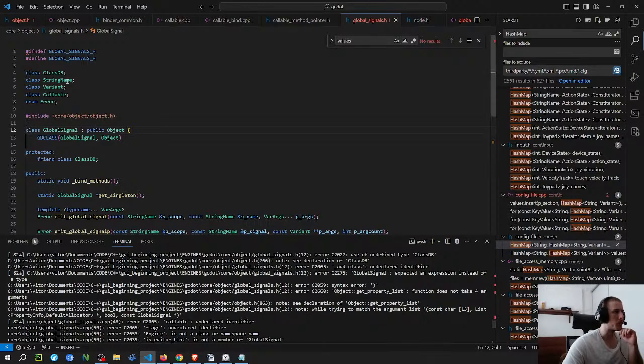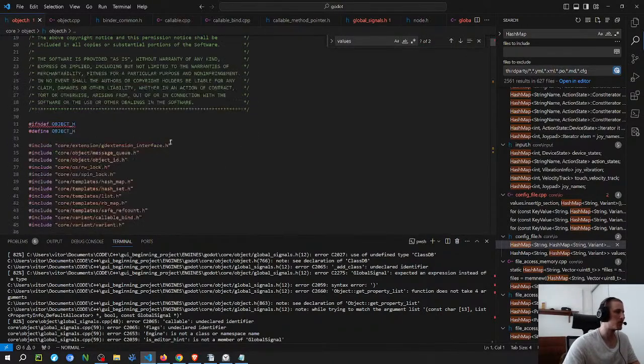And maybe I have to include the file, but it's kind of weird because on the object they should have it. So maybe it's something else there.